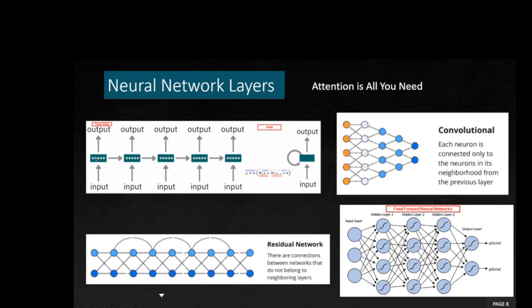It's not connecting to this one, this neurons. It's just connected to the previous nearest neighbor neurons there. And that's why it is more sequential, and that's why it is more time consuming. This is RNN, which is called the recurrent neural network, where